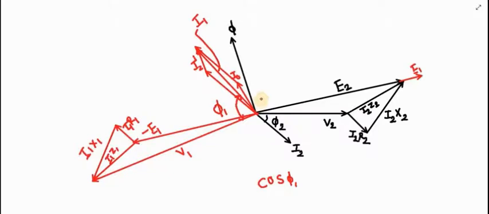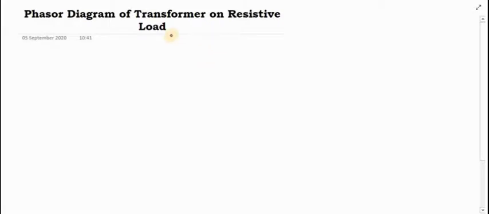So this figure shows you the complete phasor diagram of a transformer when it is connected across the inductive load. In the same way, the same method can be used for constructing the phasor diagram of the secondary load of any nature. So let us now draw the phasor diagram for the resistive load. So here again I will take V2 as a reference vector.